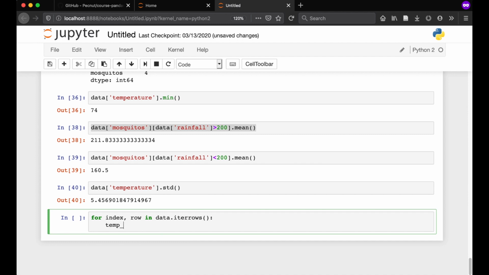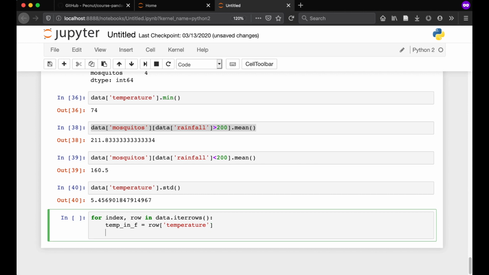So temp in F is the temperature column of the row, and then we can convert using the conversion, which is temp in F minus 32, because 0 degrees Celsius, that's the freezing point of water, is 32 degrees Fahrenheit, so we have to set the 0 points to be the same in the conversion. And then you go ahead and multiply by